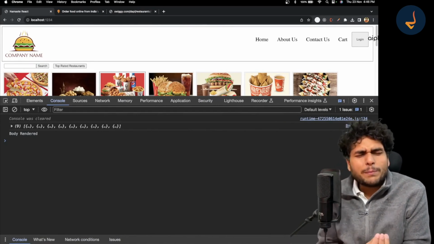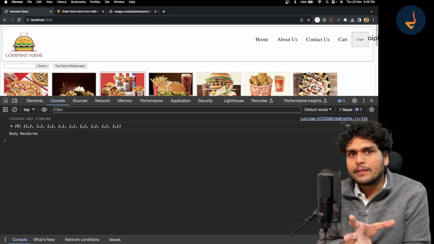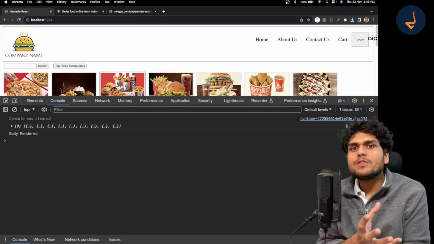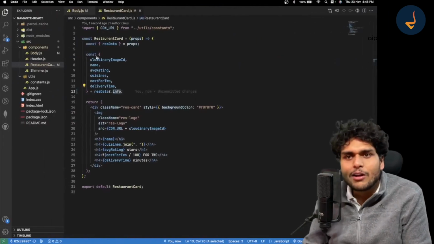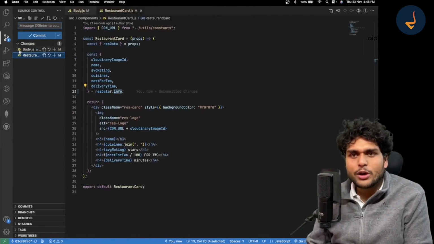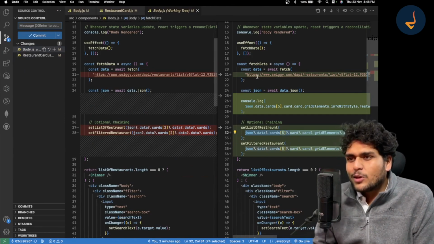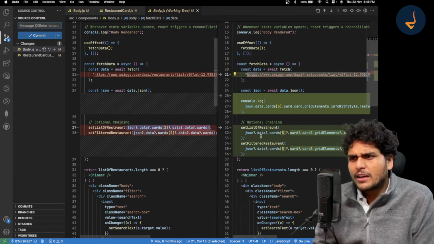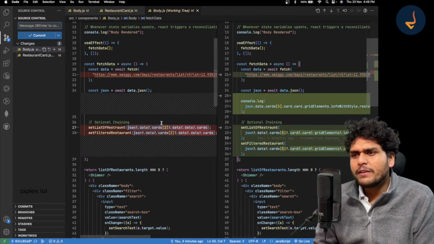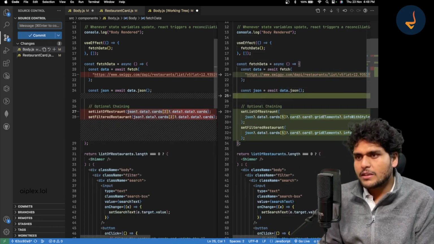A lot of people's apps stopped working because of this small thing. What all changes did we do? We did not change a lot of things. Let me show it to you. In our body component, we just changed this URL right over here, and we changed this extraction logic. That is all. These are the two changes we did. And we changed this console log. We no longer need it, so let me just remove this console log.